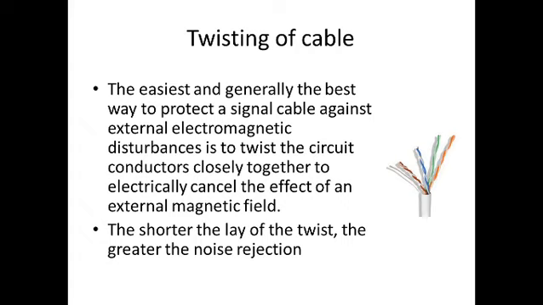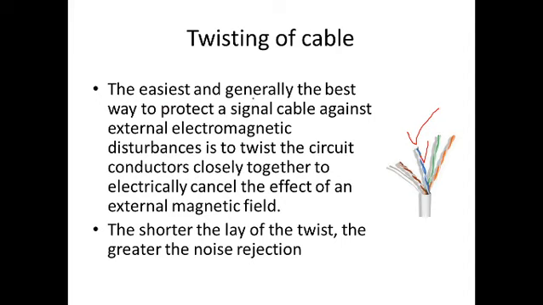Then the second way of eliminating the electromagnetic coupling is twisting of the cable. So it is shown here. You might have seen it at your home also, or at the college. Whenever you are taking the wires there, those are twisted. Those are not twisted to keep them together, but this twisting is another mechanism used to avoid the EMI. What happens is, if they pick up any signal in this twisting of the cable, these signals will be eliminated.